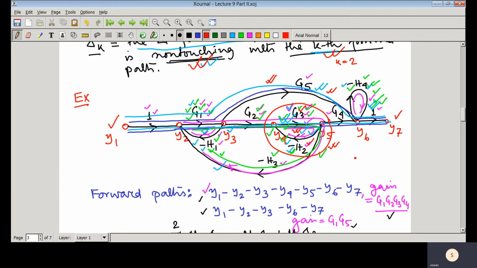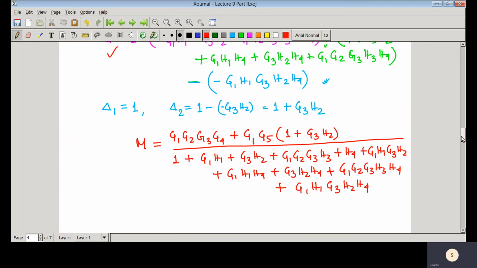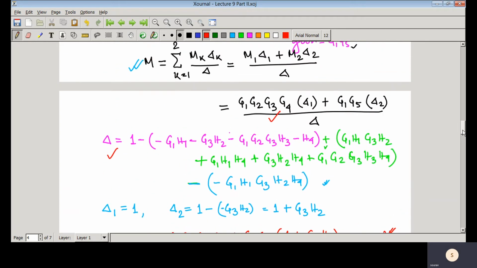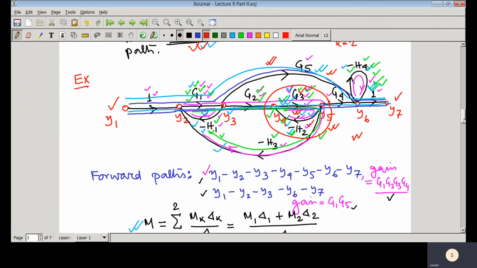So whenever a signal flow graph is given to you, applying Mason's gain formula, you can find the transfer function. The beauty of this particular formula is that without writing any algebraic equation, just by identifying forward paths, loops and non-touching loops, we can write the transfer function directly. Now another important thing is,